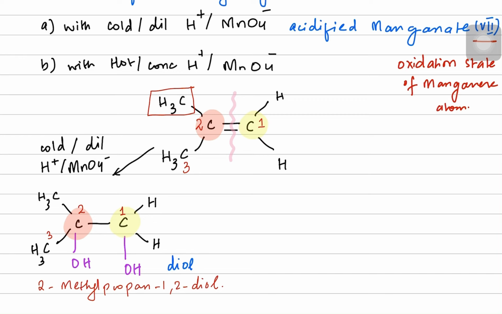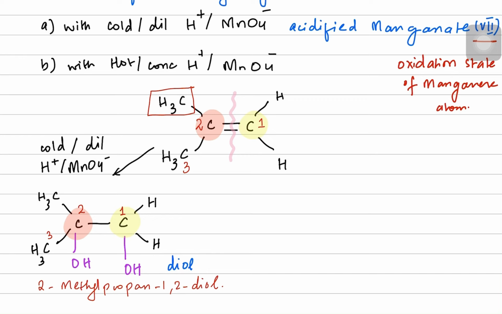We're calling it diol because there are 2 hydroxyl groups. So overall, in cold dilute acidified manganate, just the pi bond goes away, everything else remains the same,